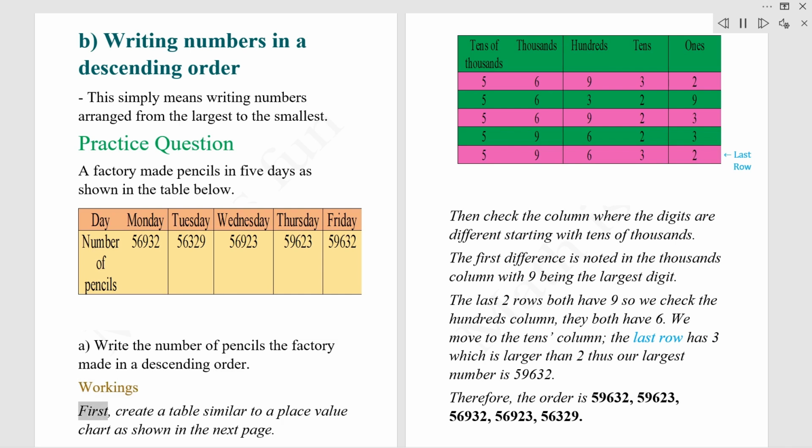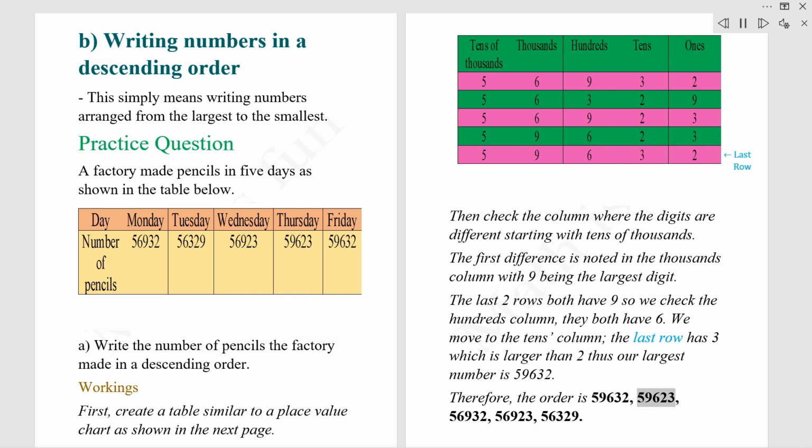Workings. First, create a table similar to a place value chart as shown in the next page. Then check the column where the digits are different starting with tens of thousands. The first difference is noted in the thousands column with 9 being the largest digit. The last two rows both have 9, so we check the hundreds column, they both have 6. We move to the tens column. The last row has 3 which is larger than 2, thus our largest number is 59,632. Therefore, the order is